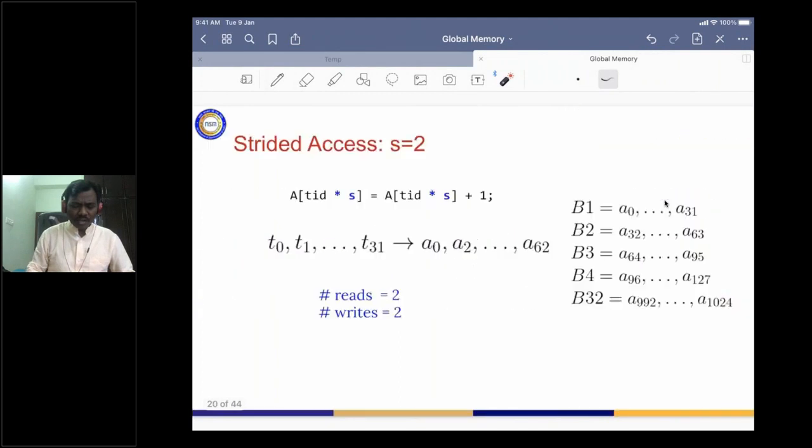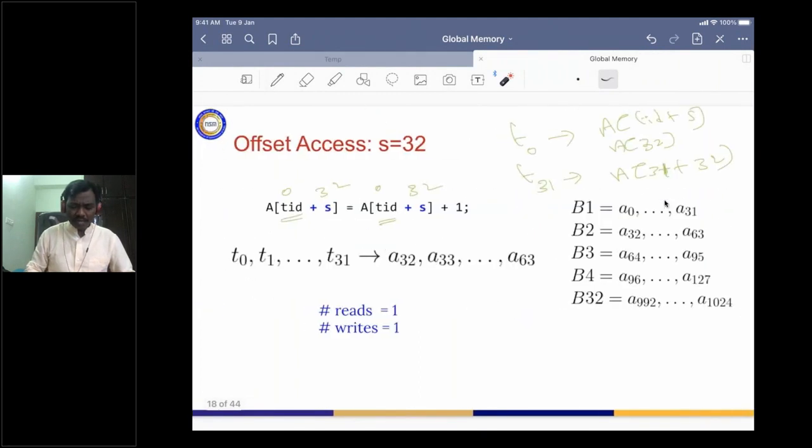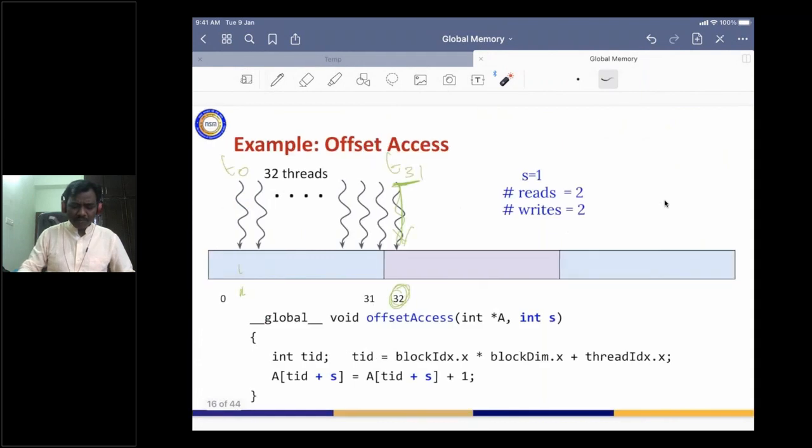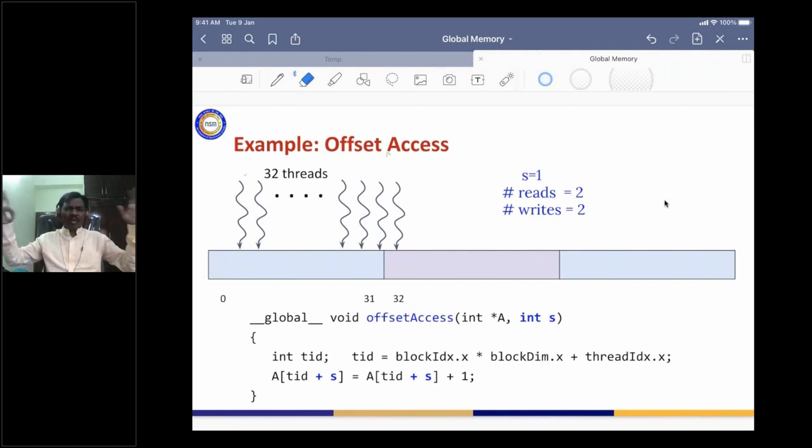See, we have discussed all these examples. Maybe one more time I'll give you this example. If you look at this offset axis, we have two blocks. Of course, we have many blocks. Regarding the number of elements and number of threads: the number of threads we are thinking of is n. The number of elements is just one big array. The number of threads is n, but the number of elements in the array need not be n. It could be much more than n.